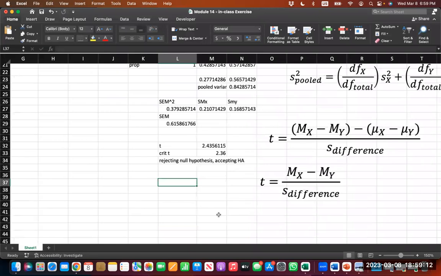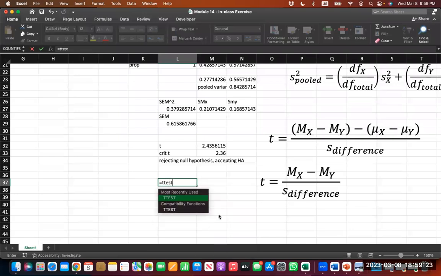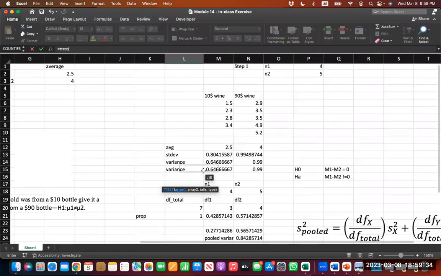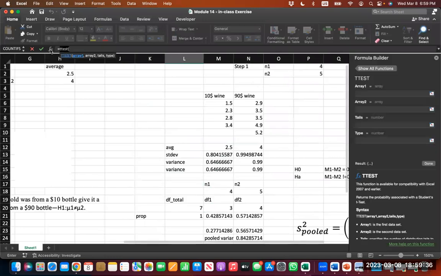What can we do next? We can calculate our 95% confidence interval. What we could also do is calculate with a t-test. Oh yeah, let's do that first. So we can calculate our t-test also with the internal function. Remember from last time when we did the paired sample t-test, if you open t-test with the formula builder at the left top, you get four different menus and four different entry fields. So with array 1,